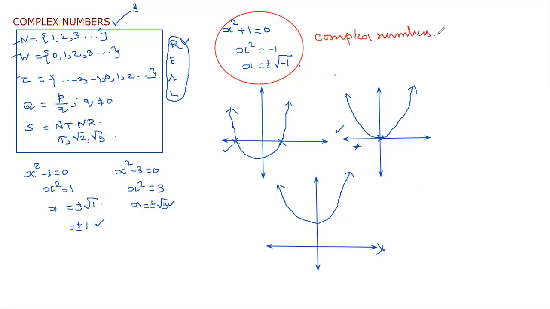So what are complex numbers? What is the use of finding the square root of a negative number? So far we studied real numbers only, that means either rational or irrational. Rational means any number of the form p by q. Irrational means any number which is non-terminating, it goes on 1, 2, 3, 4, 5, 6, 7, and non-repeating, unlike 1, 2, 1, 2, 1, 2, which is repeating after the decimal. Here there are no such repetitions. Those types of numbers are known as irrational numbers. Put together they are known as real numbers.